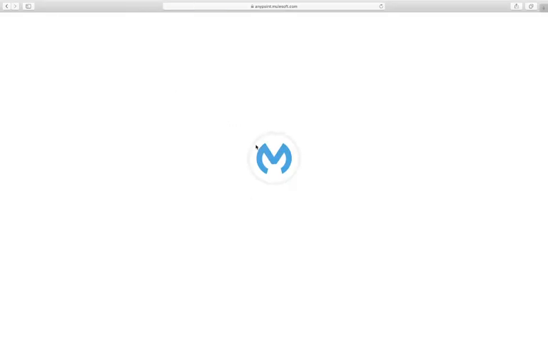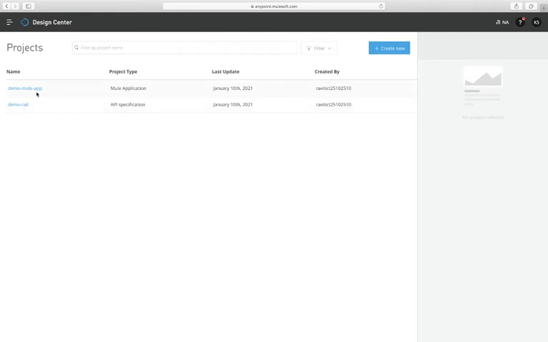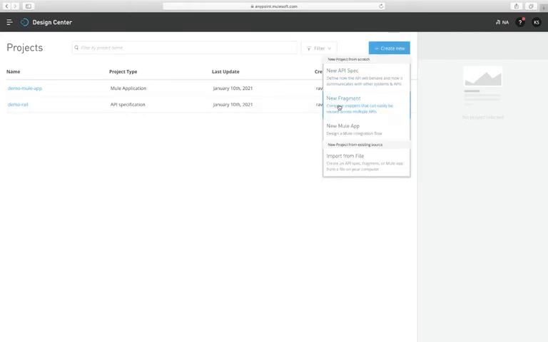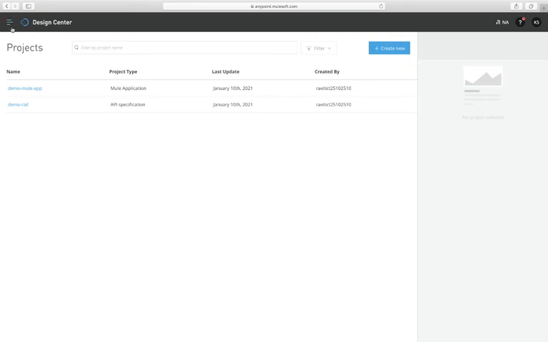So in Design Center we have two capabilities. One, we can create a Mule application. Another one, we can create a RAML file. And we have two more capabilities. One, we can create a fragment, and another one, we can import any RAML or fragment or Mule app. So we have four capabilities here in Design Center. For now we are just discussing capabilities, we are not going into detail. In the second day I will take this RAML creation and all. So we are done with all the capabilities of Design Center.